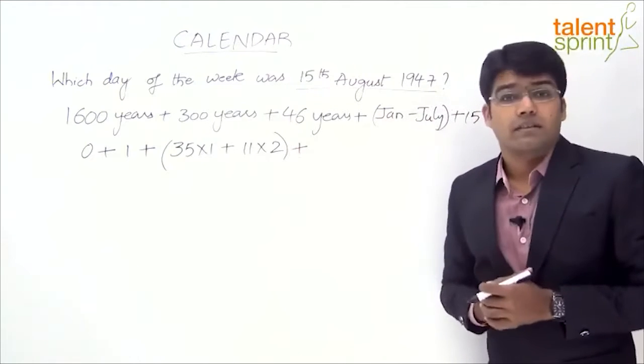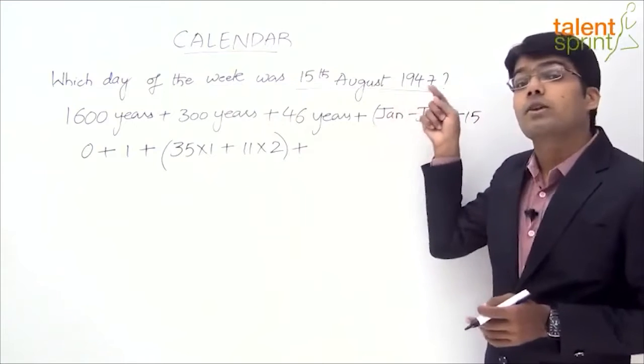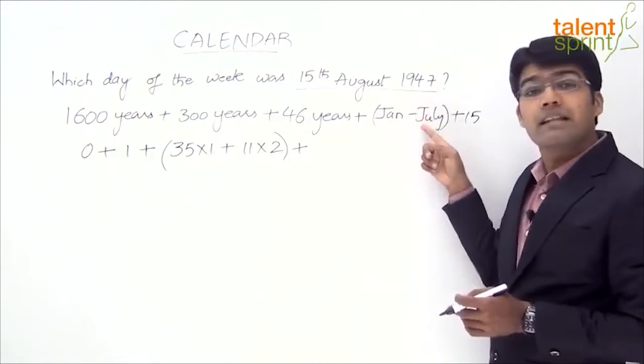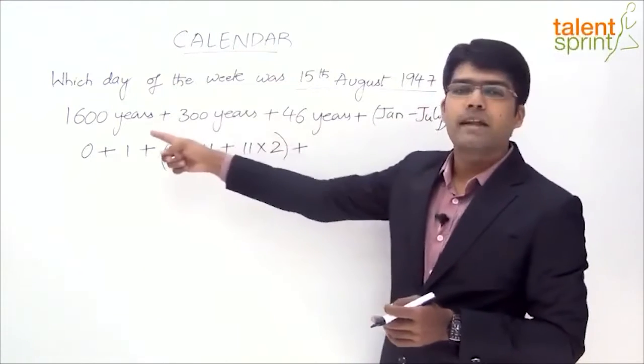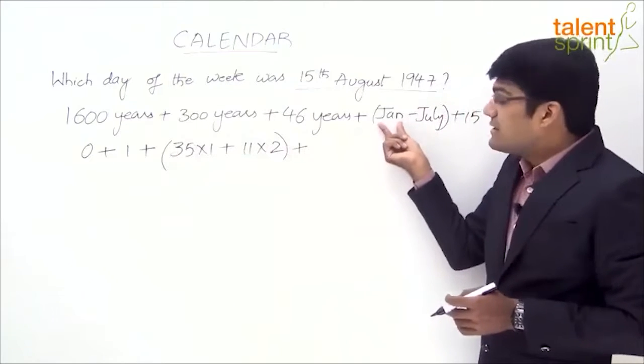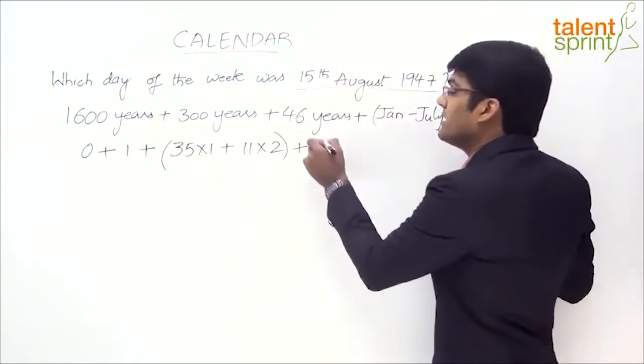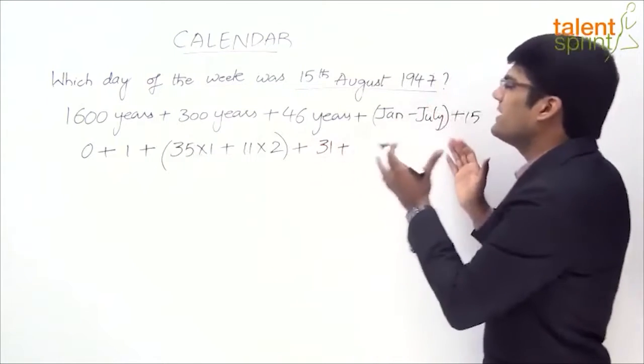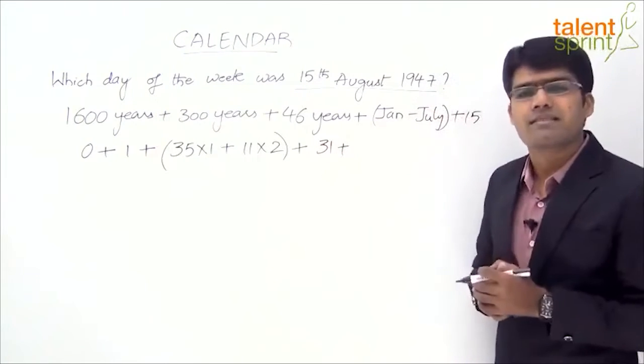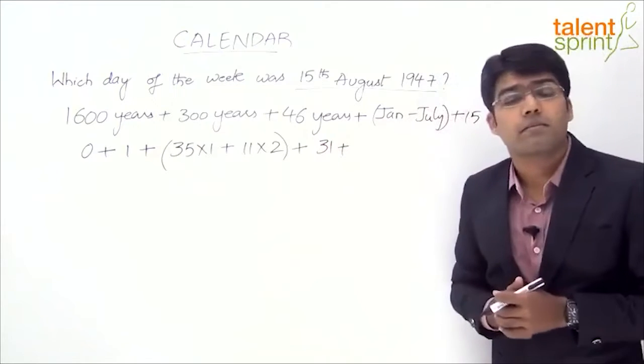In the month of January, now this month here is for the 1947th year, right? Now here we are in the year 1947. Already we have finished up to 1946. So in January 1947, there were 31 days, right? So we need to take 31 days. We are trying to calculate the total number of days, which will give us the number of odd days, 31 days. Next month is February.